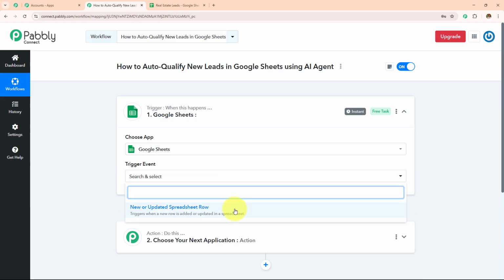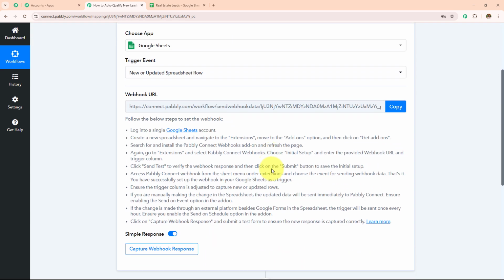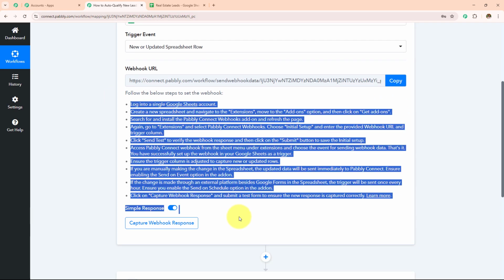And then in my trigger event, I'm going to take this new or updated spreadsheet row. Now I need to make a connection between Pabbly Connect and Google Sheets, for which a webhook URL is provided to me, and this webhook URL is going to act as a bridge to connect my Google Sheets with Pabbly Connect. So reading the help task, I'm going to build this connection, and to make this connection, let me open my